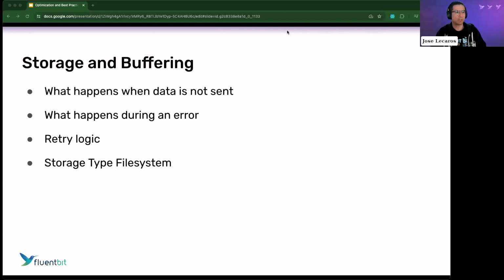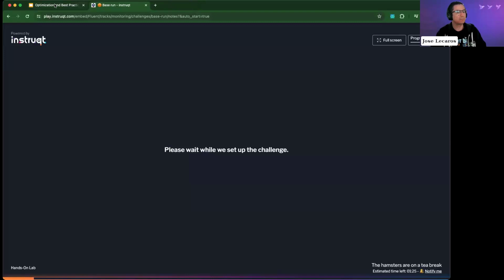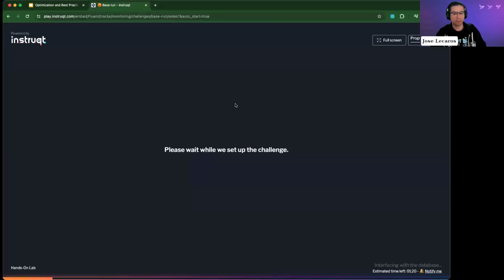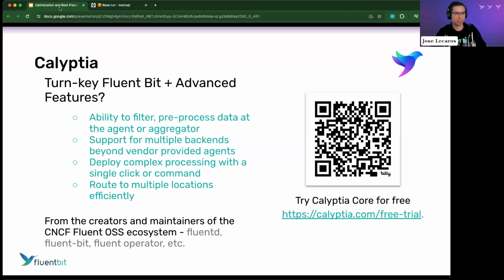Okay, so what I'm going to show you here is a demo on some of these scenarios. Okay, we're going to simulate. I think we can see the back pressure now. Meanwhile, this loads, there should be another